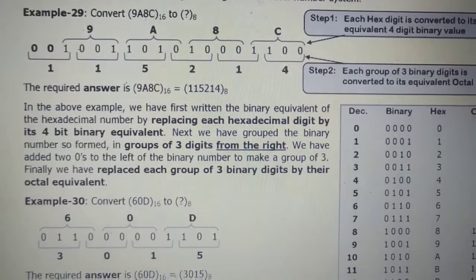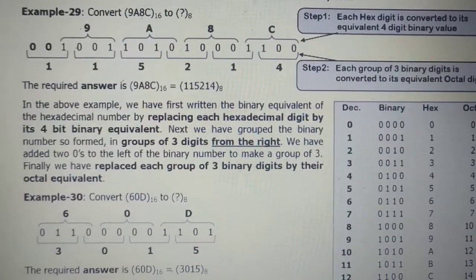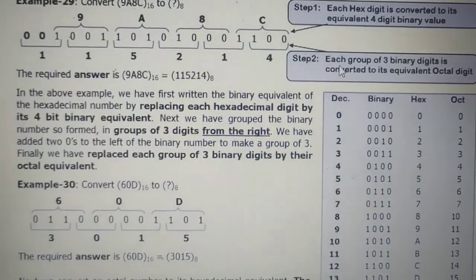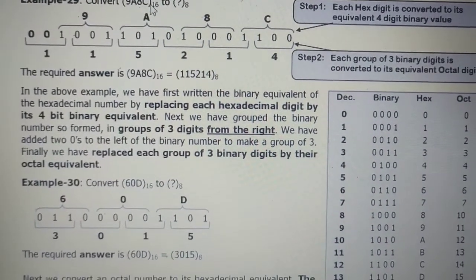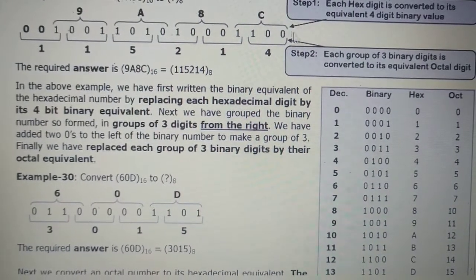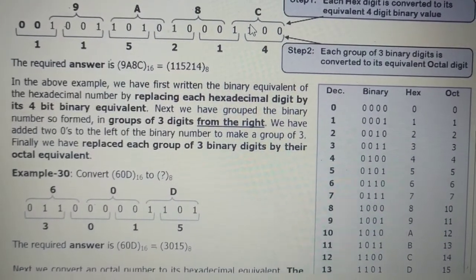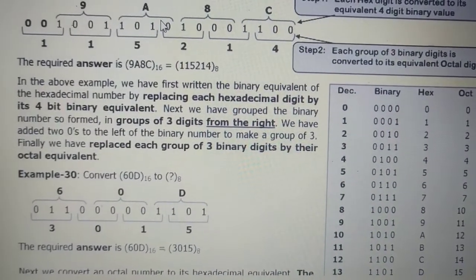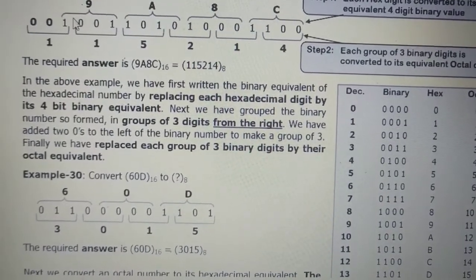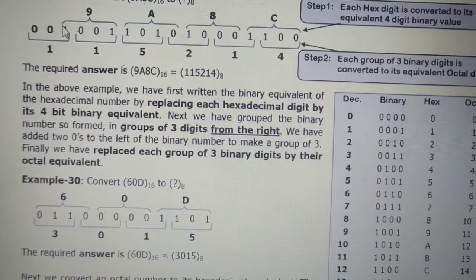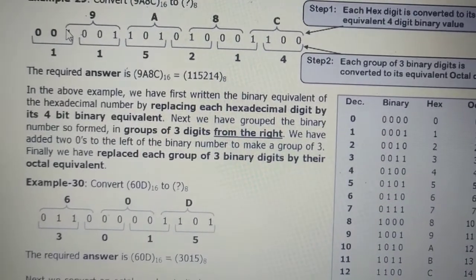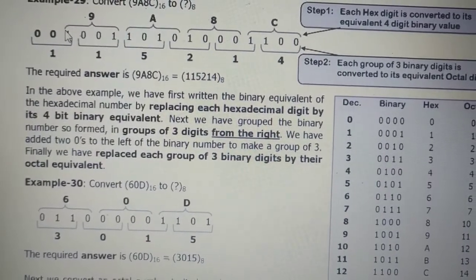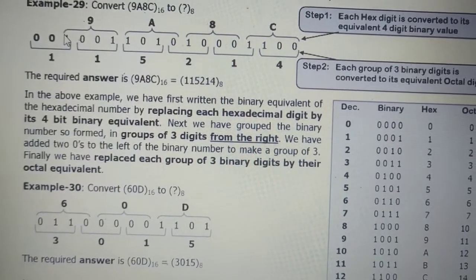And right now we have to convert it into the octal number system. So the octal conversion rule is that from right hand side to left hand side we will club 3 digits. After converting base 16 to base 2, now we are clubbing 3 digits each: 001, next 100, next 010, next 101, 100, and now only 1 is there. So you have to complete this bit. Only 1 bit is there, and you have to put 2 extra bits to make it a 3 bit group, so you just replace them with zeros.